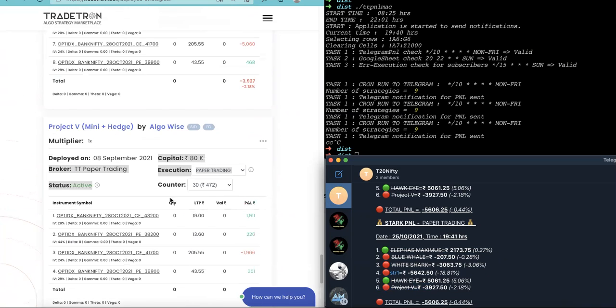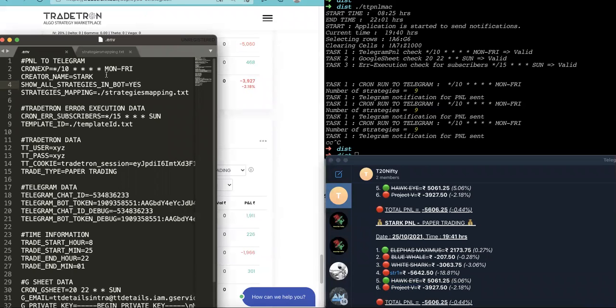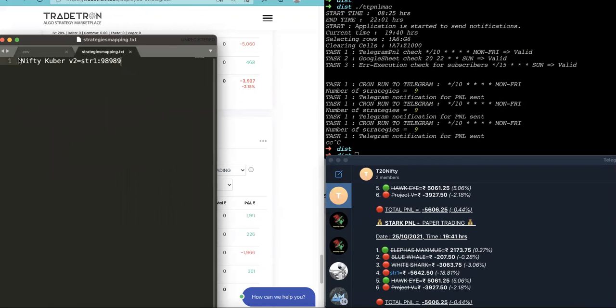Okay, one thing you would have noticed is that the entire name has not been printed. So there are two cases here. If the user is entering some value in this strategy mapping, the entire strategy name and the short form, for example, here str1, then this has to be there, the double colon, and the template ID.